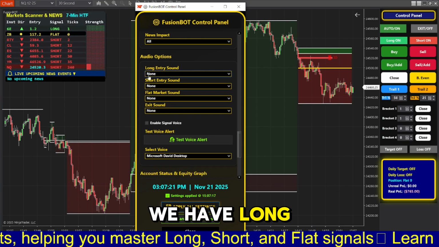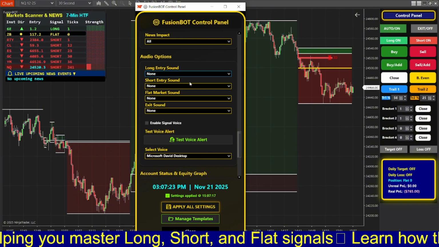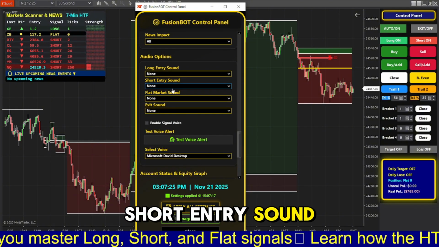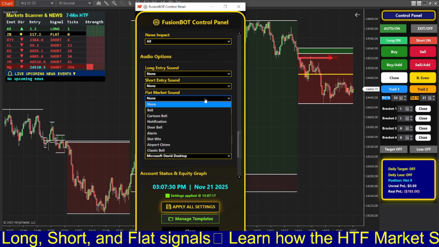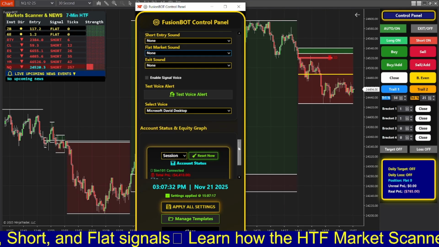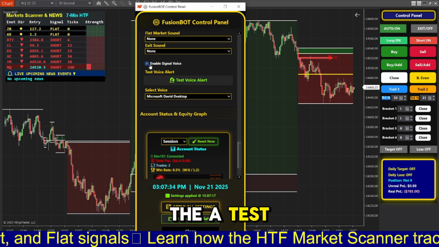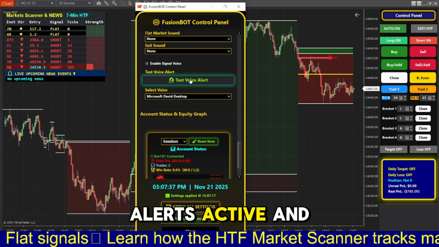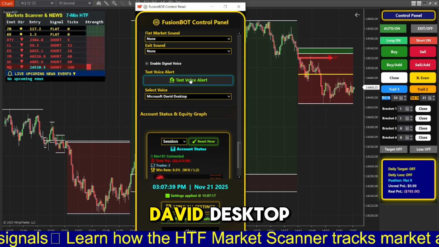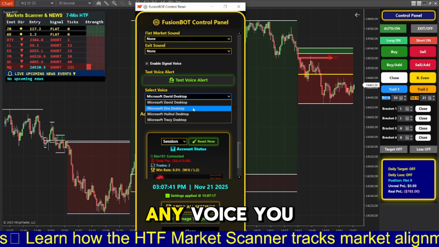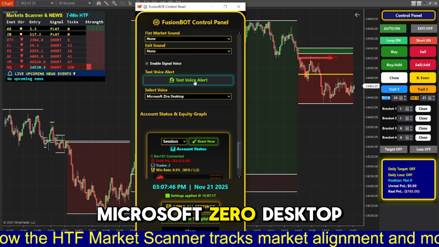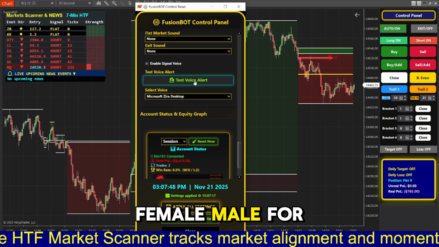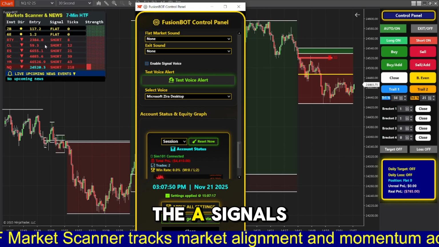We have long entry sound, short entry sound. You can pick anything you want. Also, we have the test voice. Voice alerts active and working, using Microsoft David Desktop. You can use any voice you want. Voice alerts active and working, using Microsoft Zira Desktop. Female, male, for the signals,